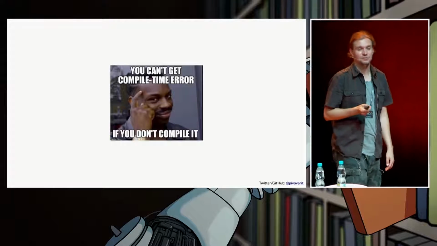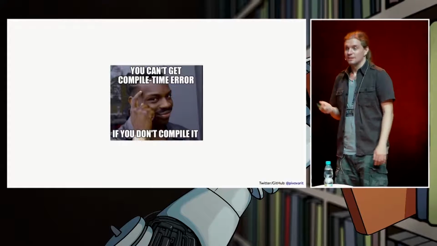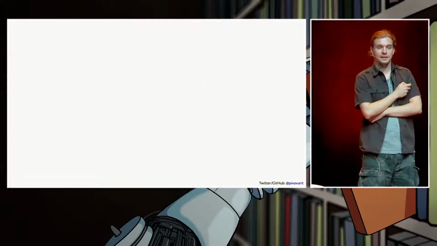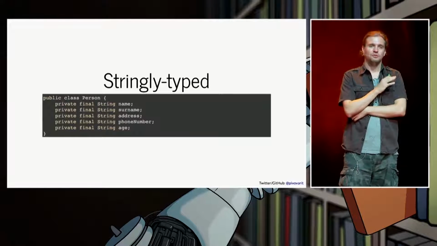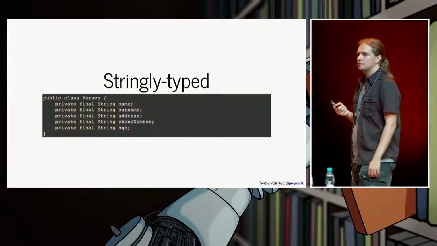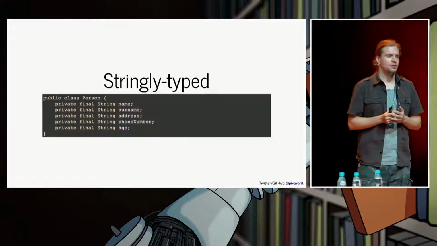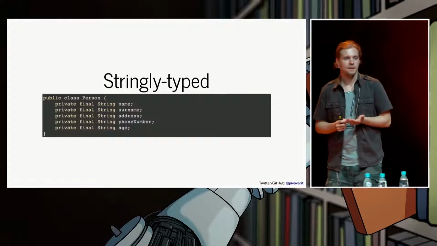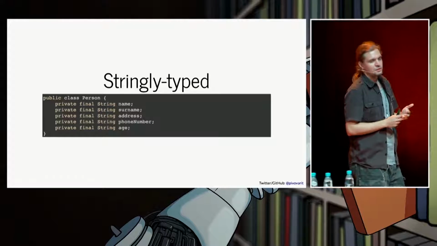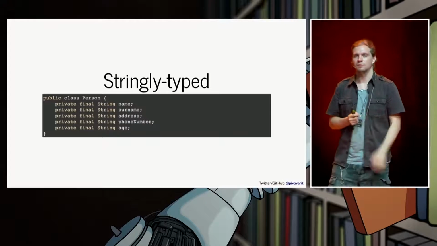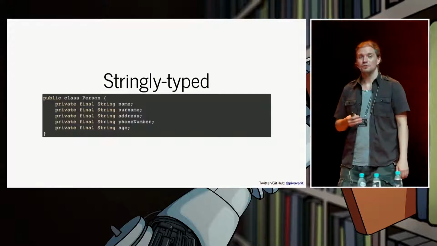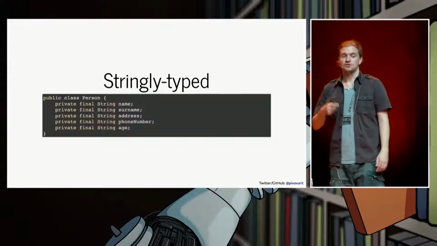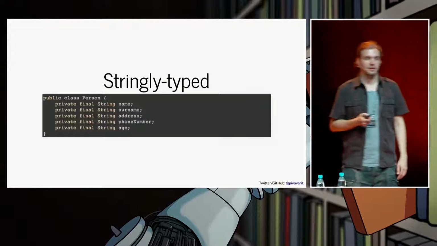But at the end of the day, you can go faster, because with dynamically typed languages, you don't get compile time errors, right? So if you want to leverage the power of dynamically typed languages, it's quite easy, because you don't write types, and then you benefit from that, because you can move on faster. This is not the case if you try to do those ideas in statically typed languages, because it turns out that you need to invest in that. And we often don't want to do that. So actually we end up with stringly typed language and not strongly typed.